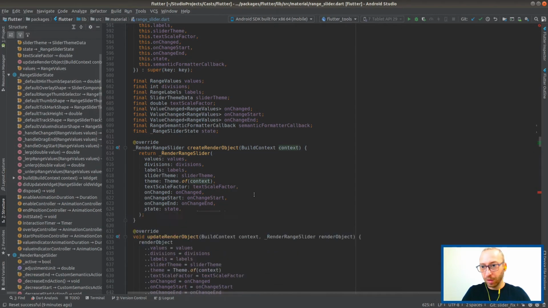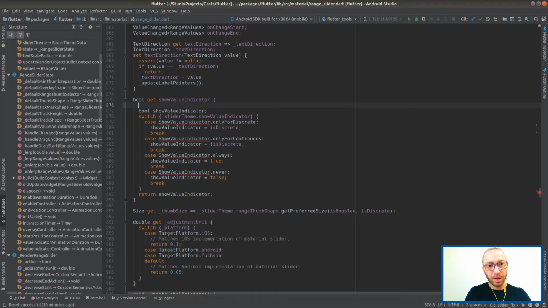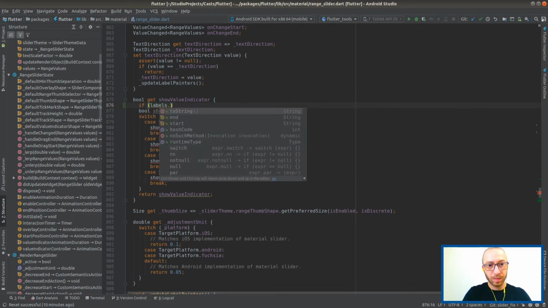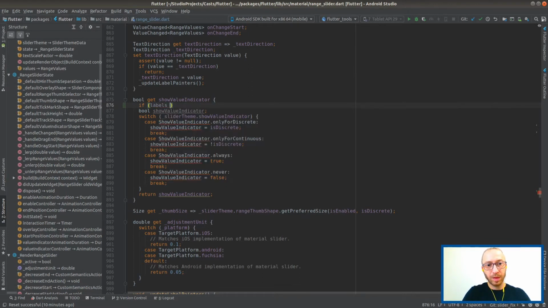Yeah, okay. Go back to the error. So I would say that this can be a value indicator just by deciding if labels is not null, right?